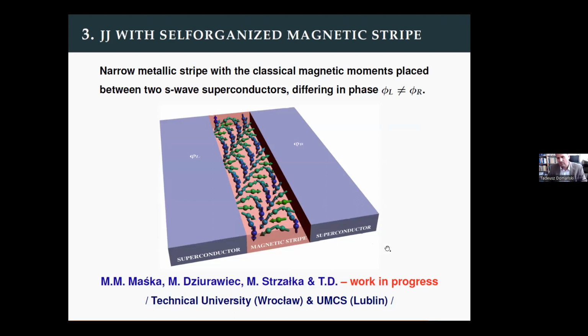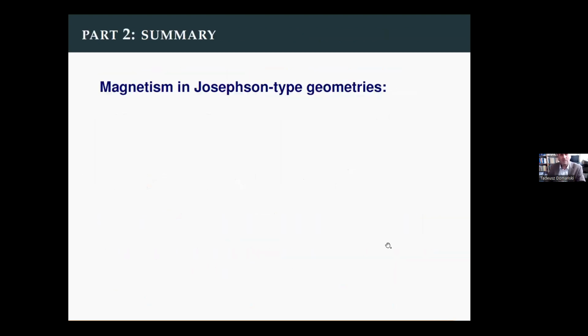Since I'm not competent in this regard, I would maybe briefly summarize the second part of my lecture. Normally when we talk about magnetism and pairing, we know that magnetism is destructive. A critical magnetic field can completely destroy superconductivity in bulk materials, or we can have this mixed phase with vortices. So they are often considered as enemies. However, if you properly mix